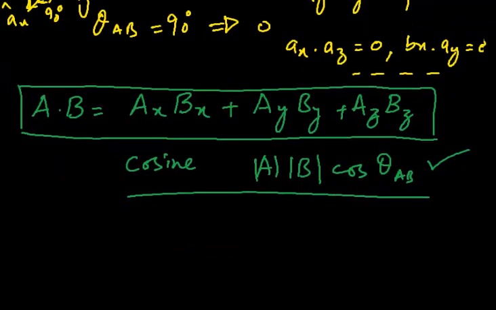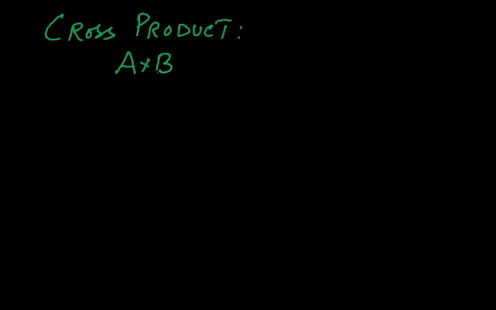Now the second one is the cross product. We are going to start with the cross product between the two vectors, which is a bit different from the dot product. It is denoted by a cross, that is why we call it a cross product, and it is defined as the product of vector magnitudes and the sine of the smallest angle between them, with a vector direction defined by